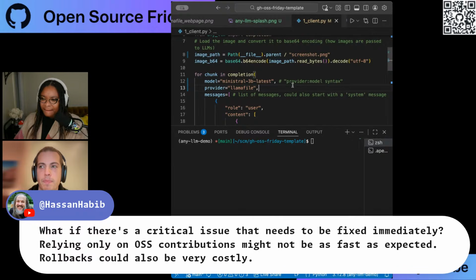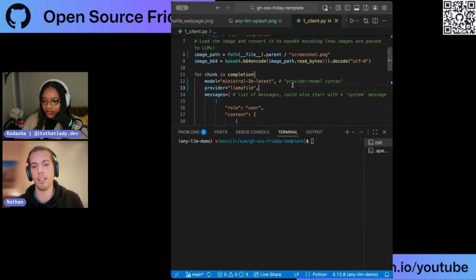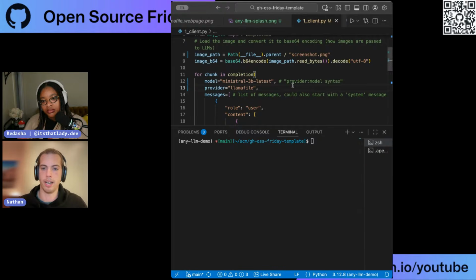I think it's kind of a general open source question, but I think the GitHub mechanism of doing forks can help to speed this up. So if you're using any LLM and there's some critical issue that you need patched immediately, then you could fork the library, make the patch yourself, and then deploy that for your own use cases. And then because of the GitHub forking mechanism, you could contribute that patch back on your own time, basically. And we've done that with providers ourselves. Sometimes we see a problem, we need it fixed immediately, so we'll make the patch, pull it into our code, and then put a pull request on their side, and then they can merge it through their process.